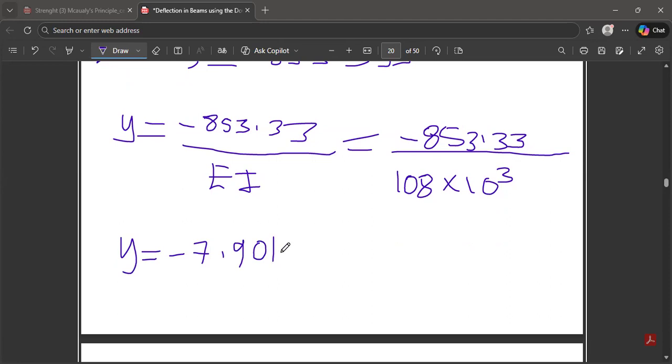Let me maintain the three decimal places. In this case, your answer is going to be in meters,